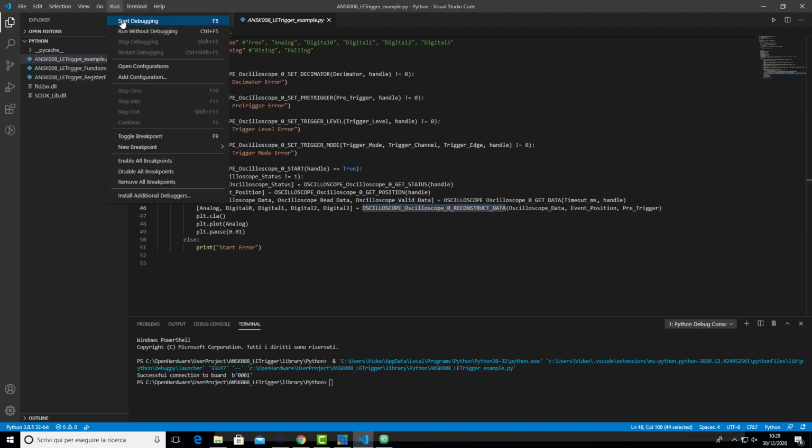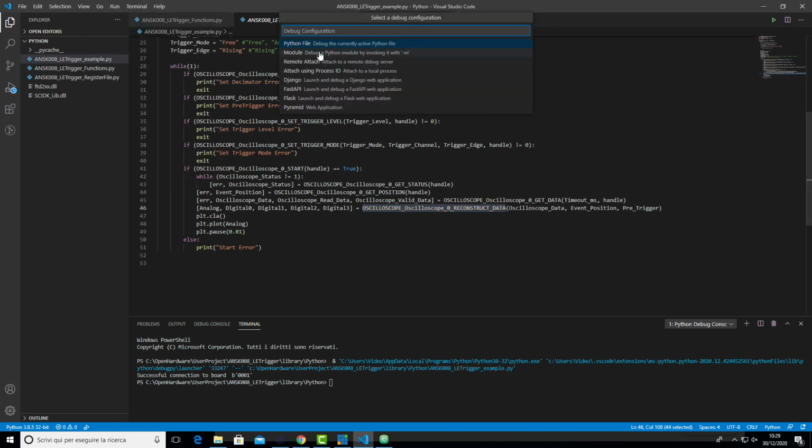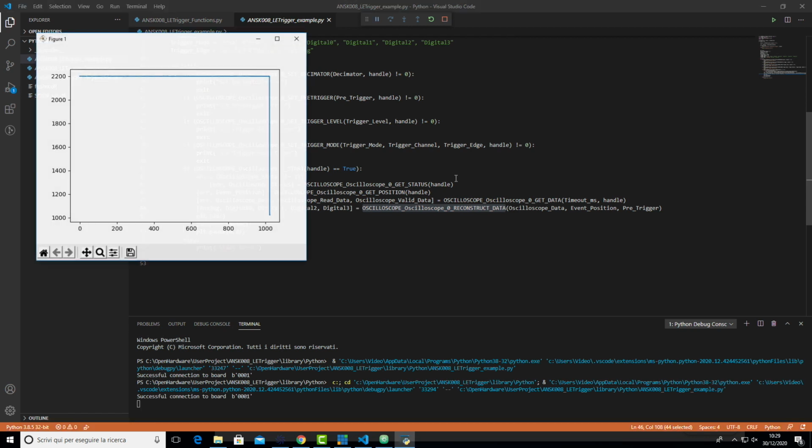So now, if we run the example, you see the baseline and just the last channels are 0.